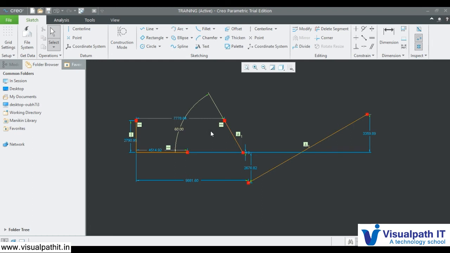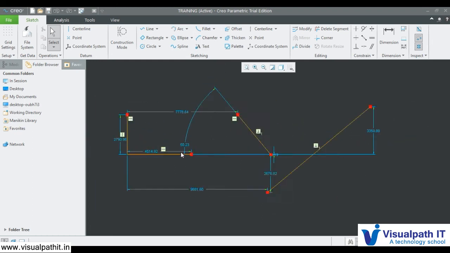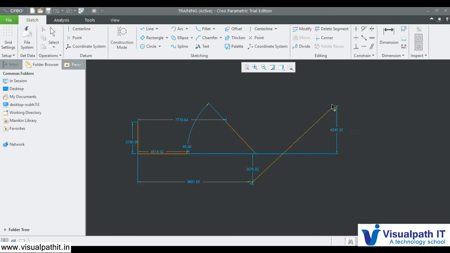If I undo with Control Z, this is an angle that is already driven from the system. Now I defined it as 60 degrees. So now it turned white. So this is a strong dimension, that is a user defined dimension, that will not change.